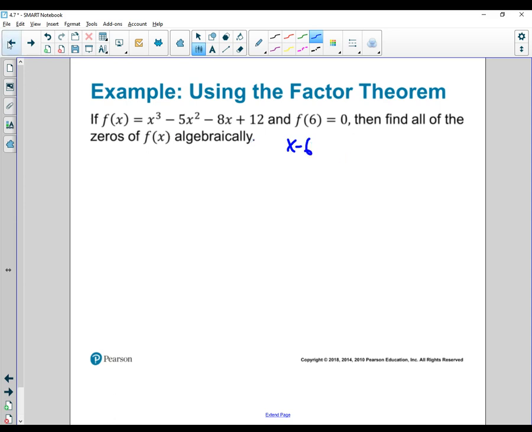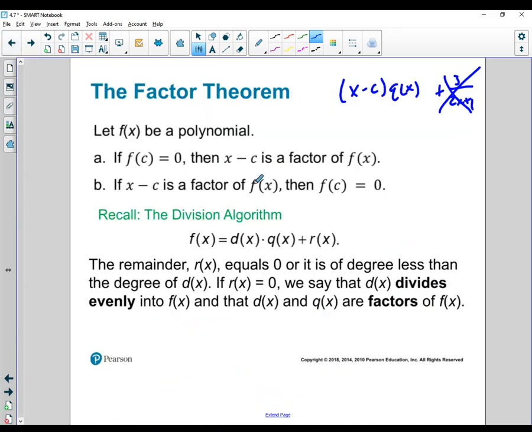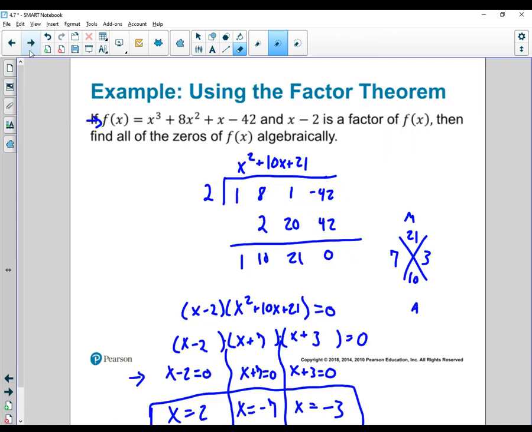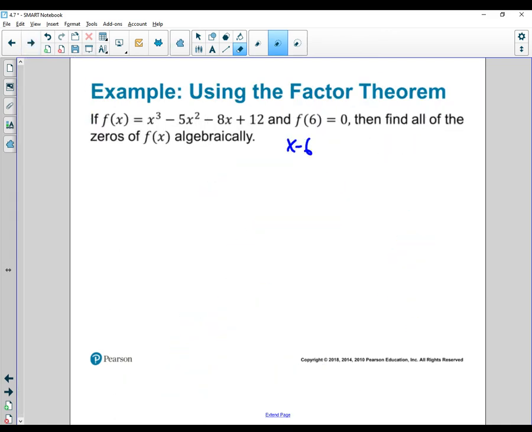Right? That's going back to this guy here. If f of c, and I'm replacing c with 6, then x minus 6 is a factor. So, again, I'm going to find out what it factors into, and I'm going to do the cheater synthetic division way,